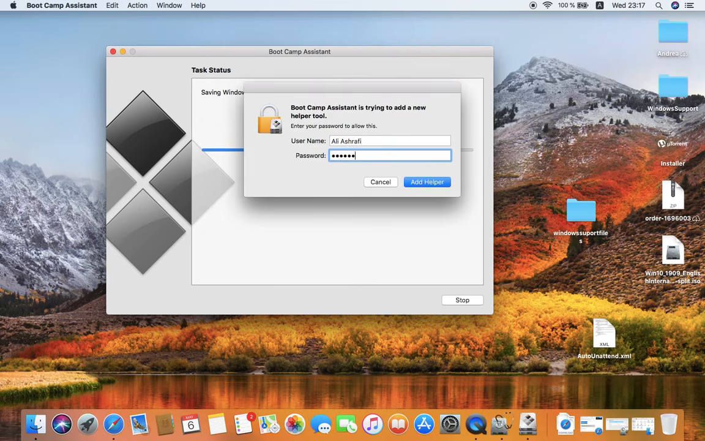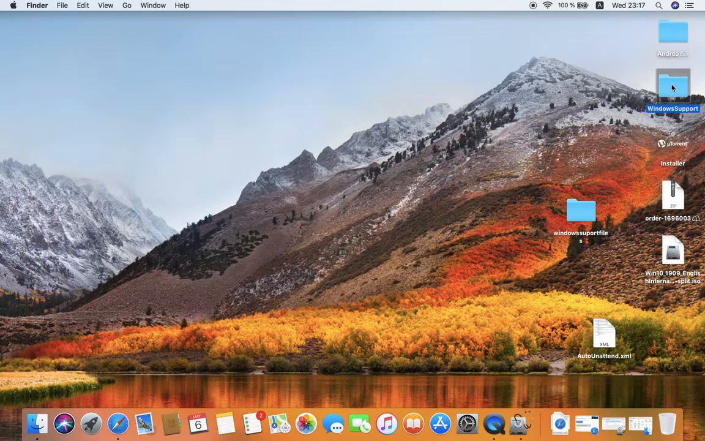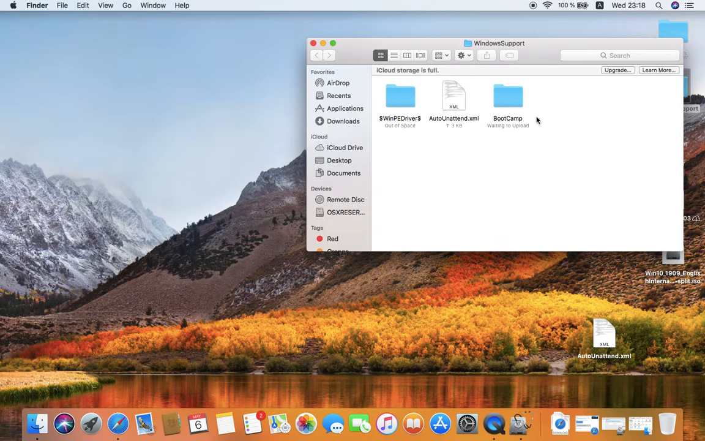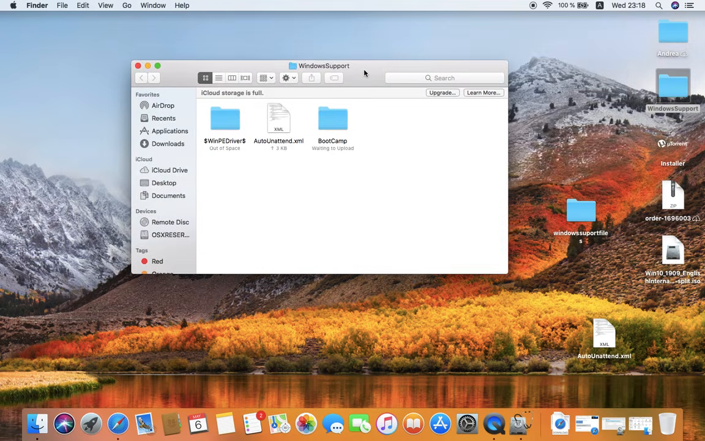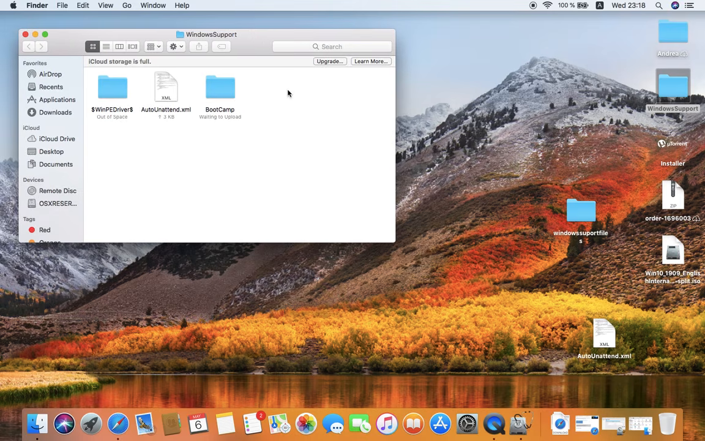As you can see, we've completed installing the Windows support software. So we're going to go out. Open the Windows support software like this, and